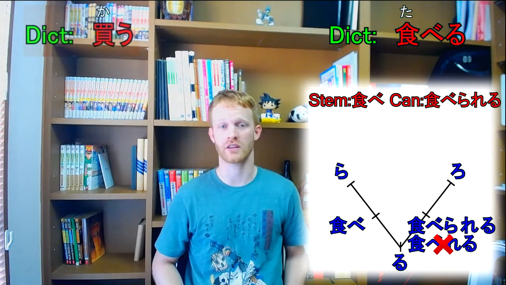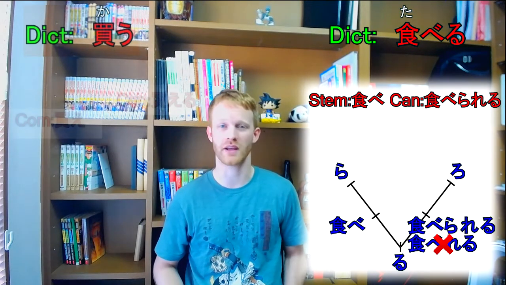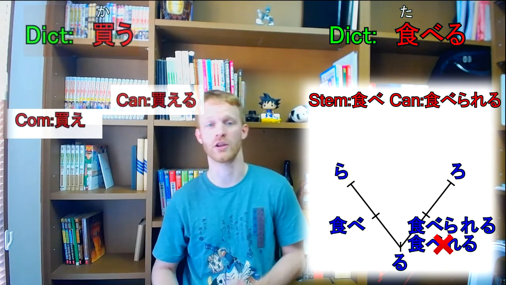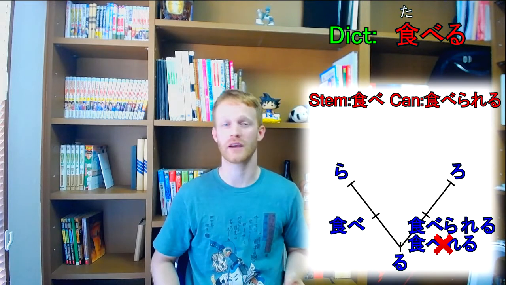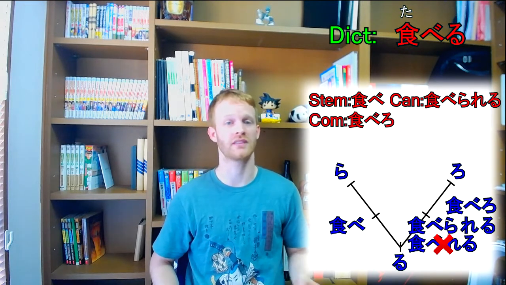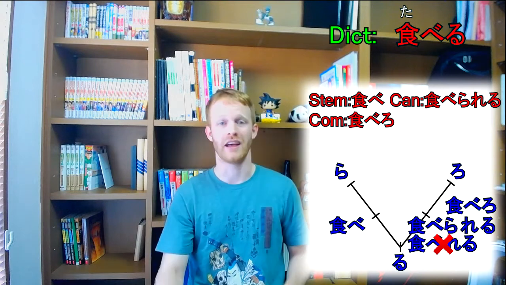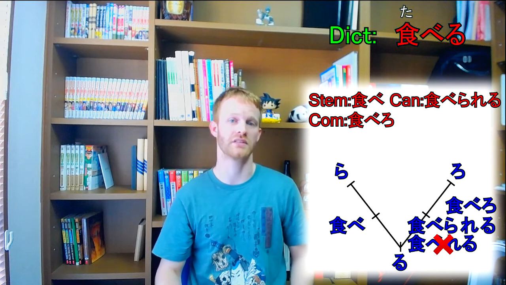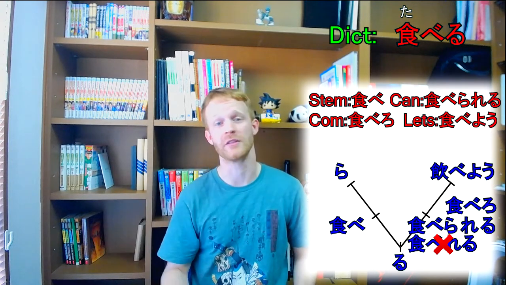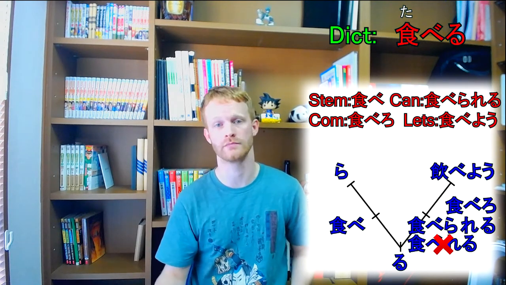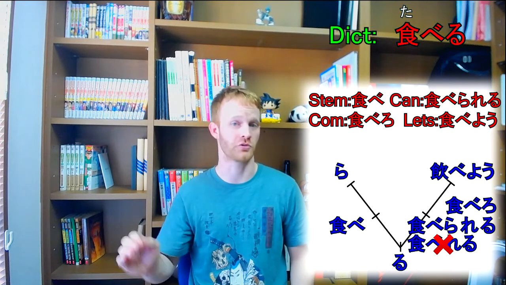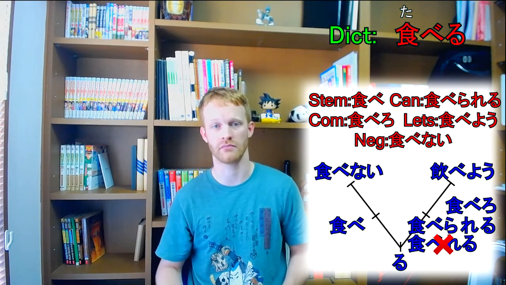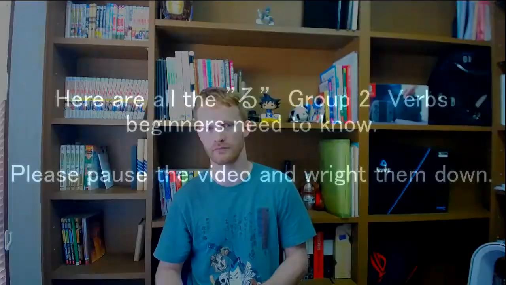It's worth noting here that unlike in the u verb category, you can't just remove the ru from the potential form to make the command form. Kaeru, kae. For the ru verbs, you have to change the ru to a ro, so taberu becomes tabero. And conversely, if you want to say let's eat, you wouldn't say tabero, you would say tabeyo. And the polite form would be tabemashou. At least the negative form is easy. You would just drop the ru and add nai. So taberu becomes tabenai, and then politely tabemasen.